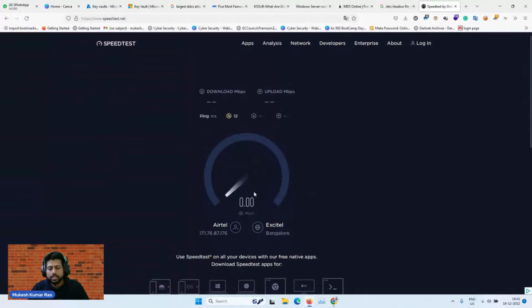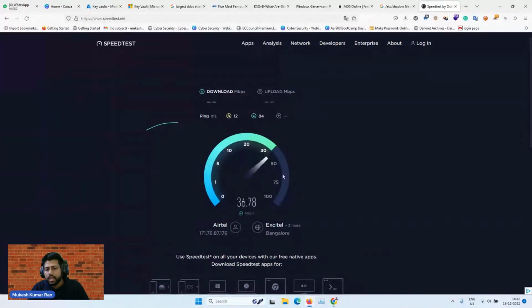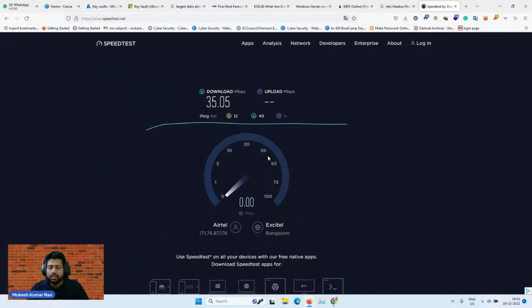Here you can see I am getting a download speed of around 40 Mbps. That means in 1 second I am downloading 40 MB of data. That is megabytes, correct?